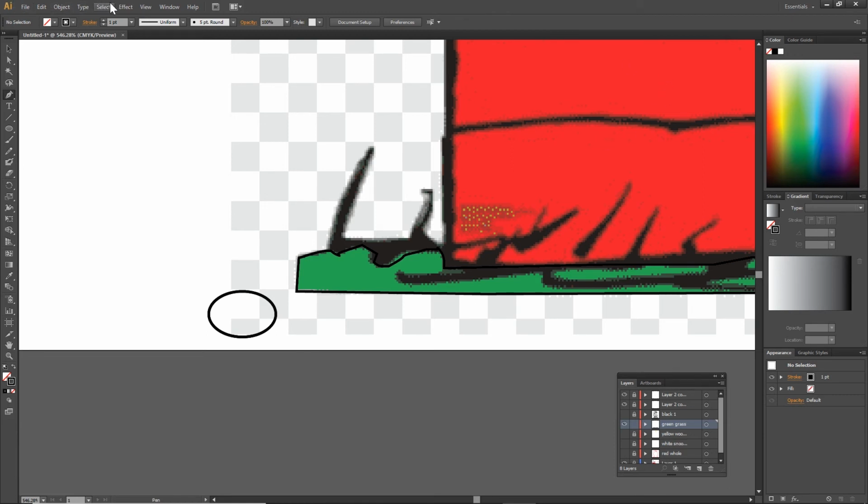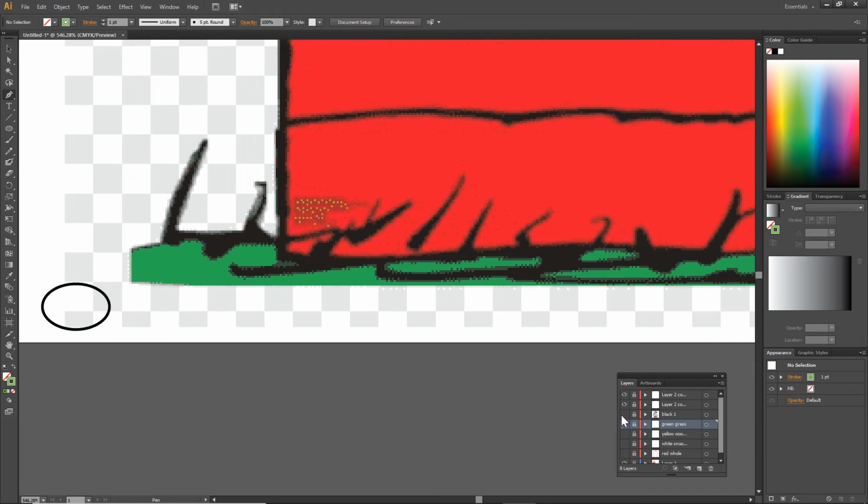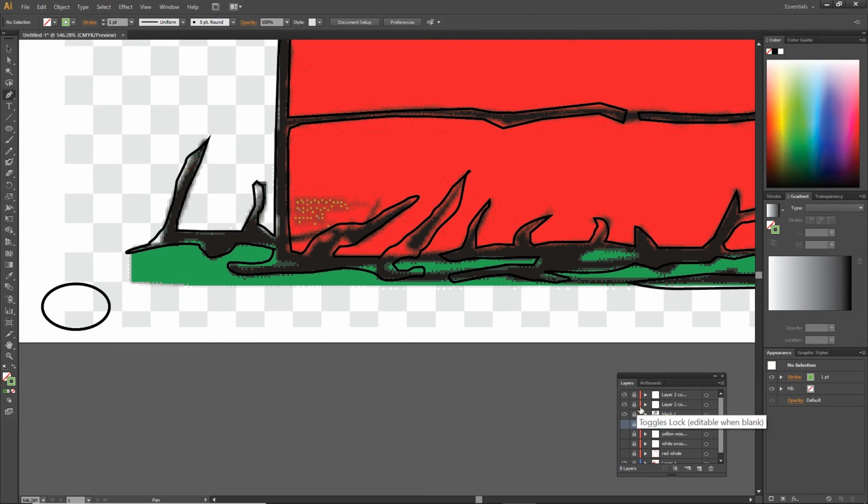Control A to select all, and Control 8 to make it into a compound path. Let's make sure it did, and it did make it into a compound path. Let's select the color we want it to be, green, and we will lock that into place. I'm going to turn that layer eyeball off, turn the black layer eyeball on, open the second black layer, we'll